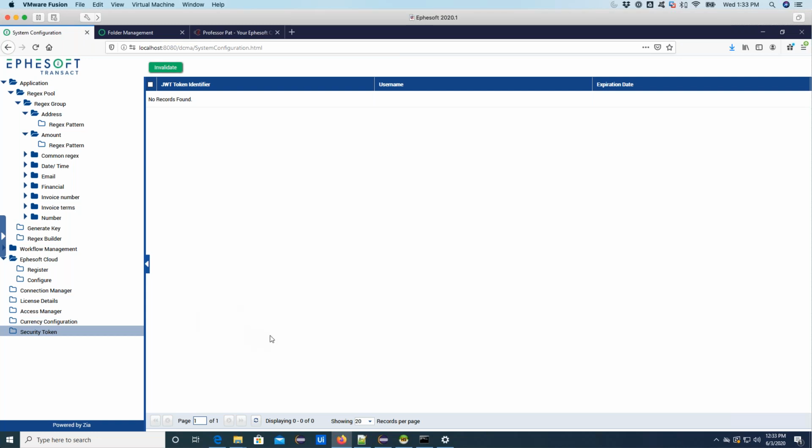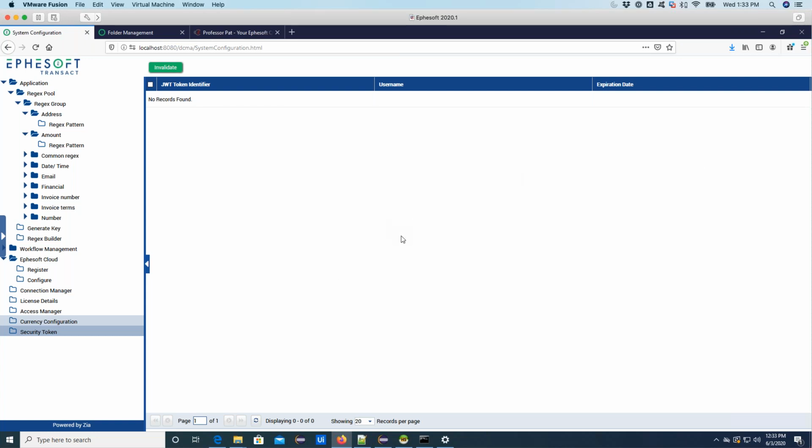And this is still something that I'm looking to see exactly what functionality it is, because if you can see here, it's a JWT token identifier, which is usually used inside of SAML authentication. And I'm not really sure if this is just used for like some of the functionality of support around Okta, or some of the functionality that you have like connectivity with like Box, if you're exporting to Box. I haven't seen anybody use that, to be honest. So if I figure that out, I actually have a couple questions out that I asked yesterday. If I figure that out, definitely I will add that to a future episode of Professor Pat.